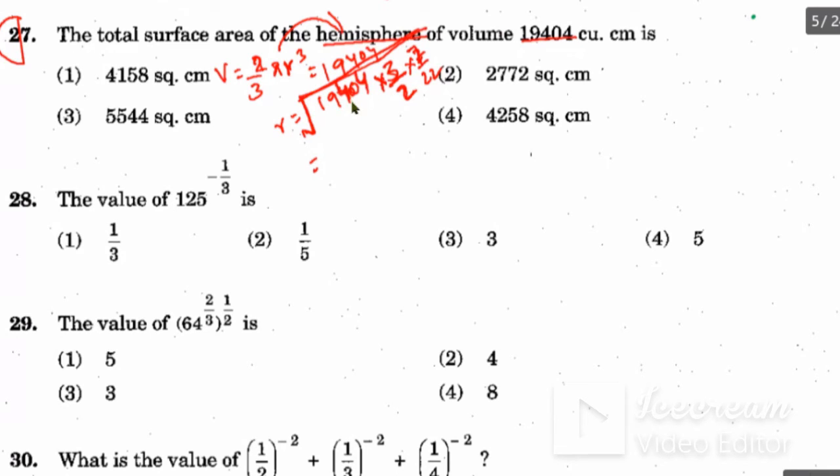So you can divide it. If you don't know anything, you can just check that this number is divisible by 11. Why? 4 plus 1 is 5, 5 plus 4 is 9, 9 minus 9 is 0. So you can easily say that this is divisible by 11. So you can cut it by 11.